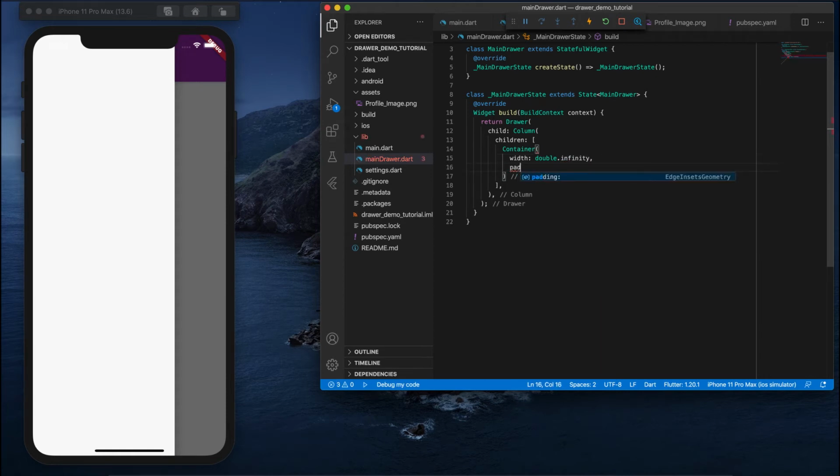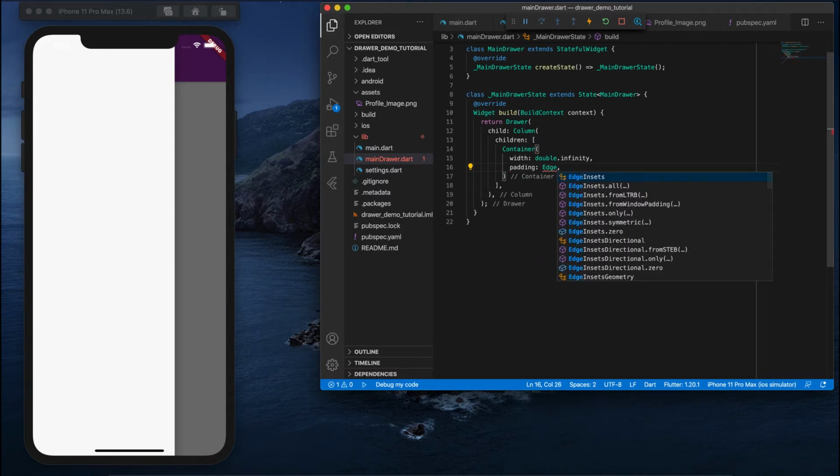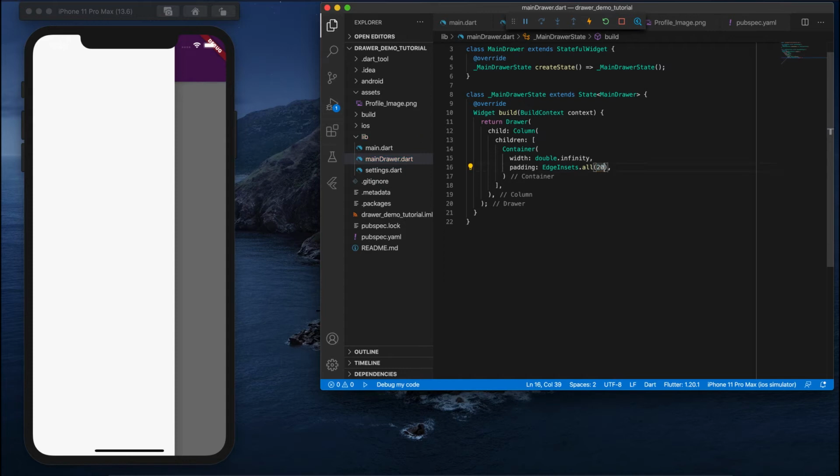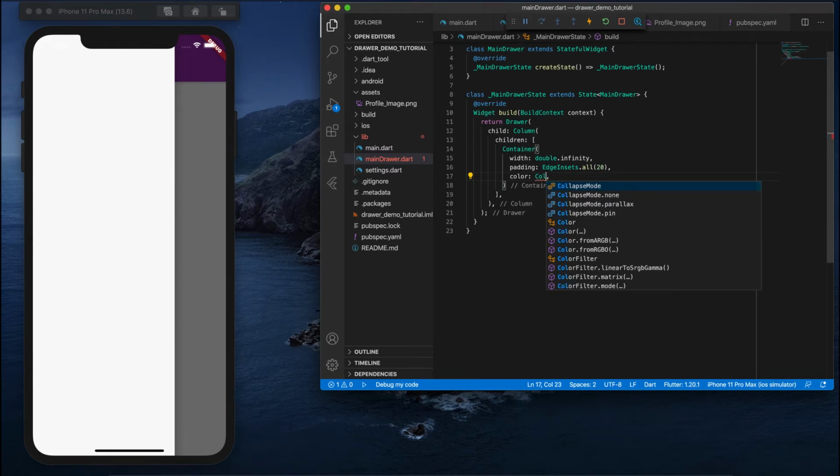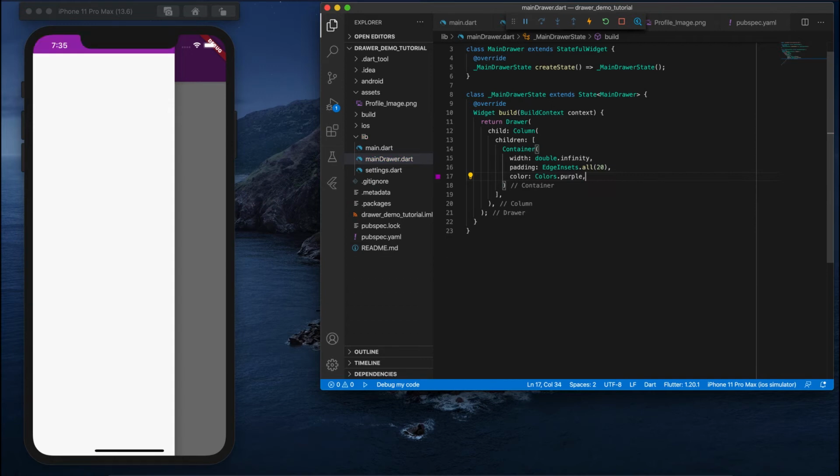And next I'll give some padding, just 20, and after that I'll give some color, the same color I used here, Colors dot purple. So you see I have given that. Next I'll increase its size,